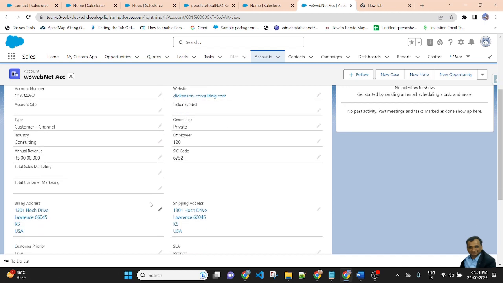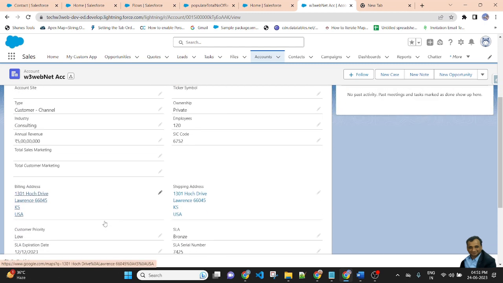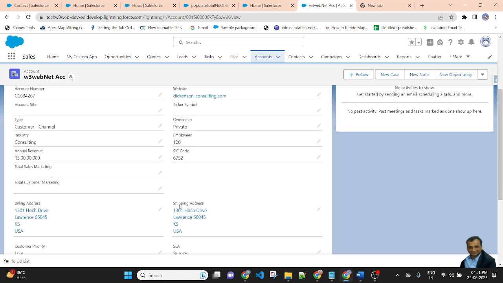I created these two fields on the custom object at the start of the tutorial. If the record type of contact is sales marketing, it will store the total number of sales records, and if the record type of contact is customer marketing, then the total number of records will display in total customer marketing.